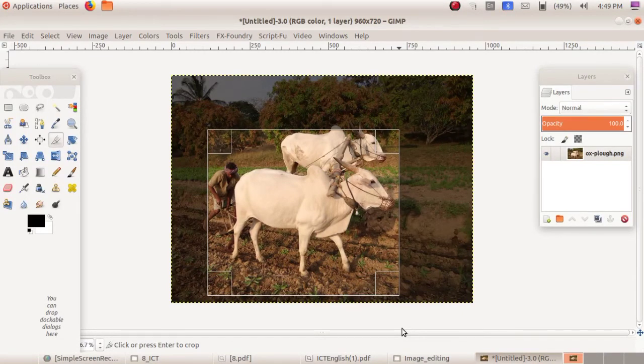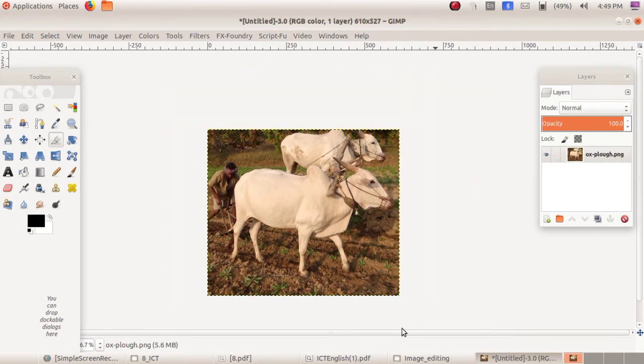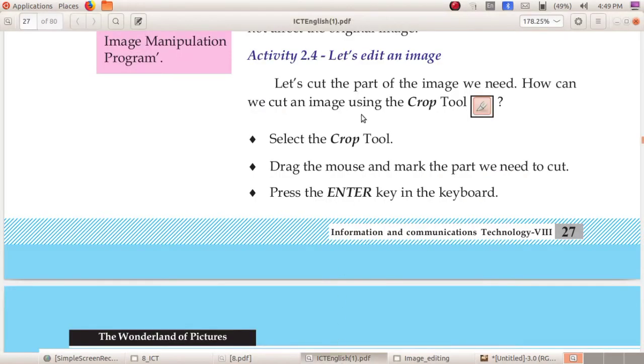After selecting, press the enter key on your keyboard. See, only the needed portion is cropped in the GIMP software. So this activity is very simple. Just select the tool, then click and drag the mouse, then press the enter key.